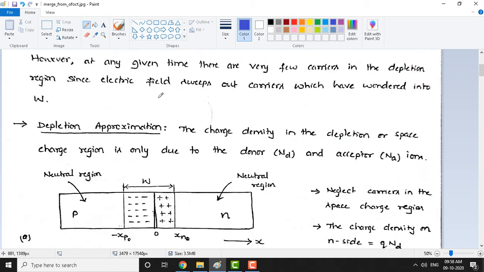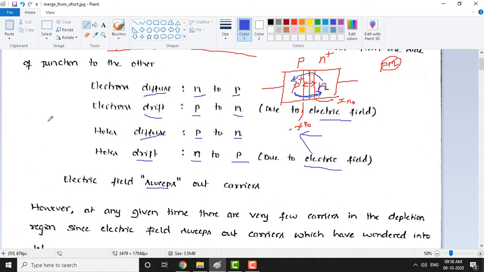So these two regions, the PN junction, you can visualize a PN junction like a parallel plate capacitor. You can see here this is a P plus, and we have N here, and we have terminals here. It looks like a parallel plate capacitor. One side, the plate is made up of positive charges, and the other side, the plate is made up of negative charges. So this is a parallel plate capacitor.